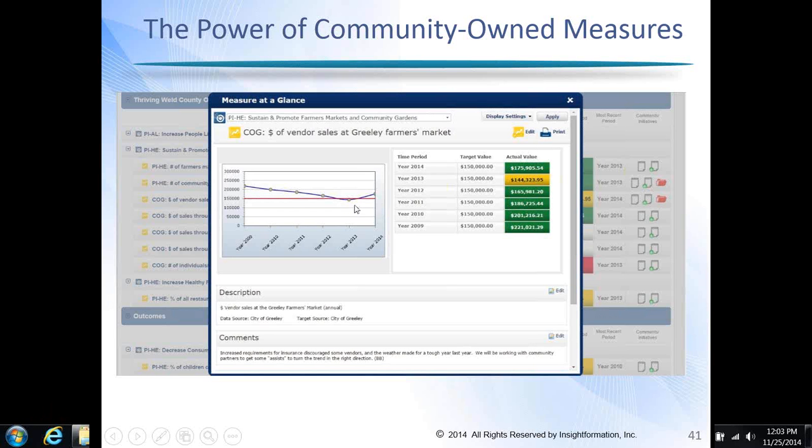So instead of seeing this as a measure to determine how successful the farmers market was, they said this is something we need to work on as a community to begin to turn this. And as they began to look at how they could rally around their farmers market, they were able to shift that and get that moving in the right direction. And we hope next year as we do more and more collective impact that it'll continue to go up. So the measure was thought about differently, and it was a catalyst for change, and it drove collaboration that's now resulting in a healthier farmers market, which means more access to fruits and vegetables, more fruits and vegetables being purchased, and so on.